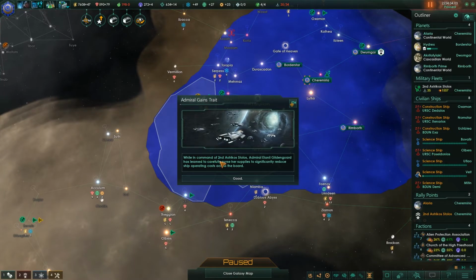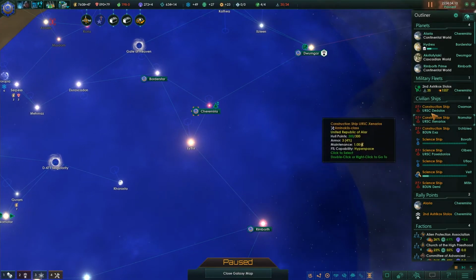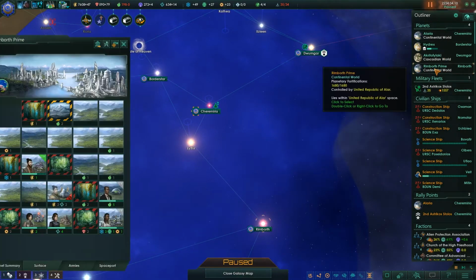Admiral gains trait while in command of the 2nd Stolos. Our Admiral Elani Gildengard has learned to carefully nurse her supplies, significantly reducing the ship operating costs. Perfect. Now, speaking of, we need